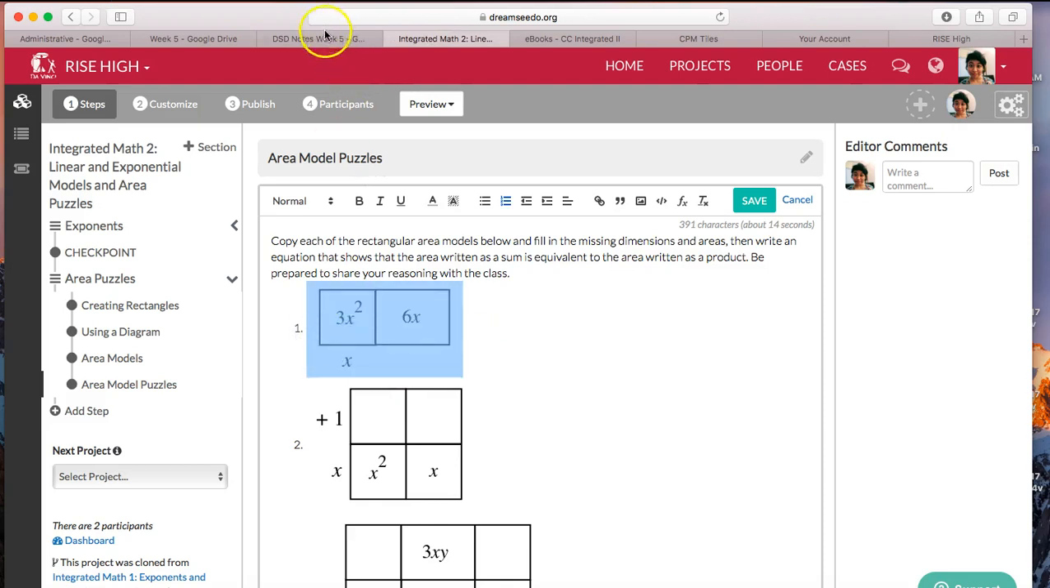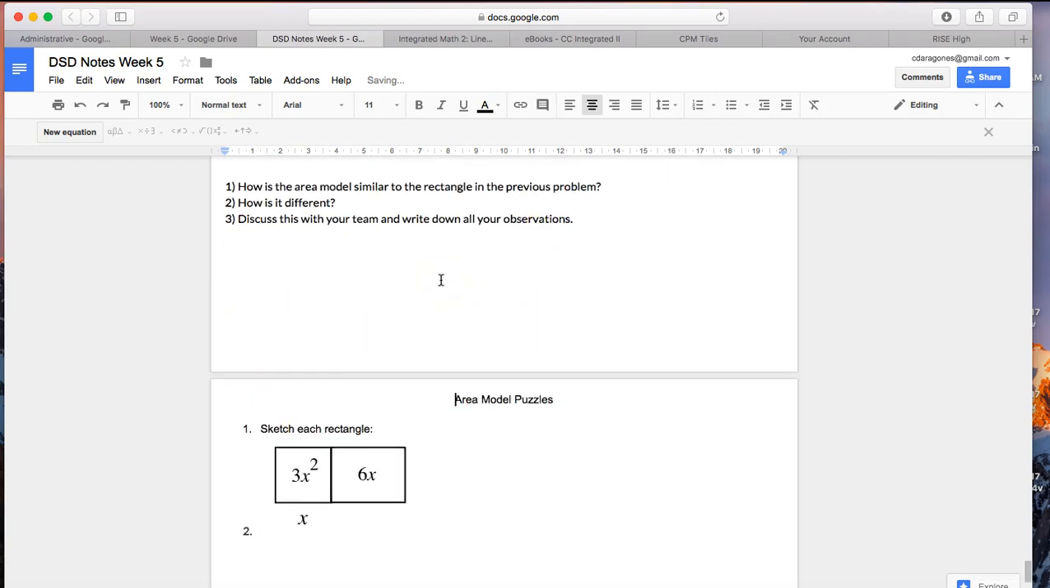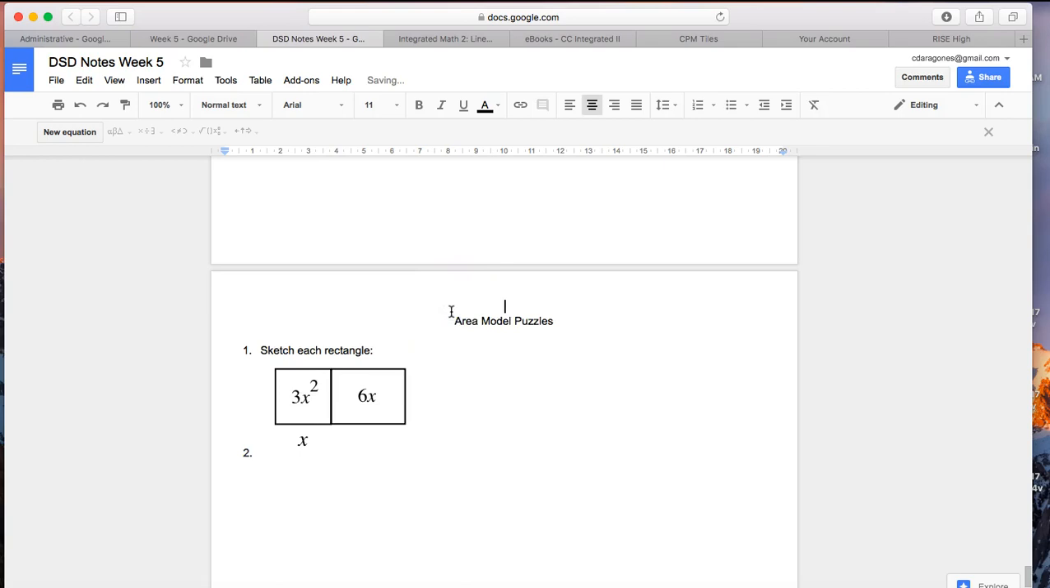So you're going to sketch each of these rectangular models. So this is called area model puzzles. You're going to sketch each rectangle. So one, sketch the rectangle. Okay, and you're going to go ahead and find the missing dimensions. So, for example, on this one, it's missing,